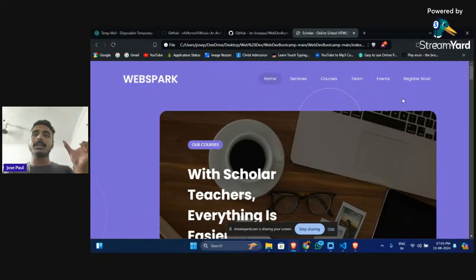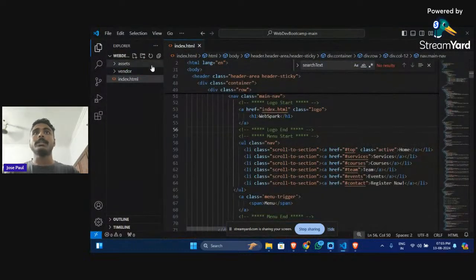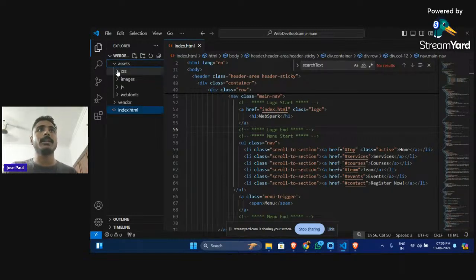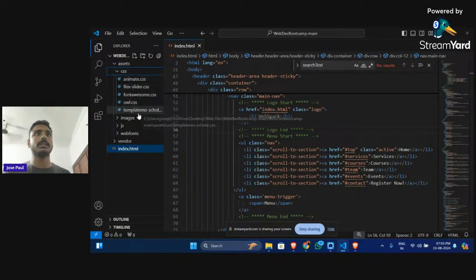Now what if we need that search button up there? We need to reduce the size of the search bar. How will we do this? With the help of styles. So right now we can see where is the style.css. We can't see it up here, right? So it is present inside this assets folder. In the CSS folder, we can see this thing called